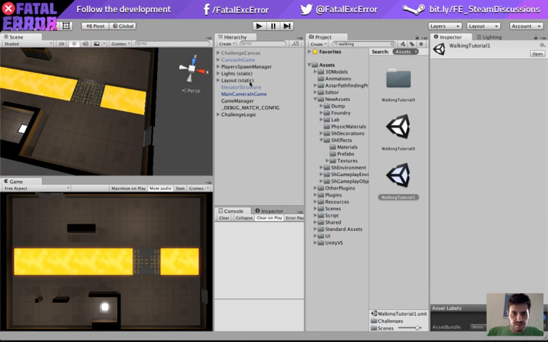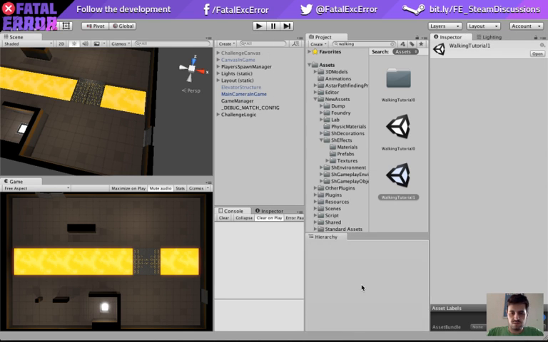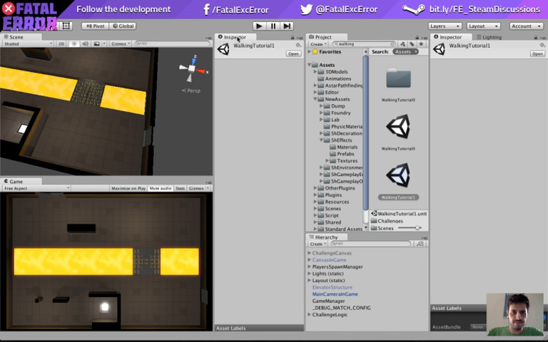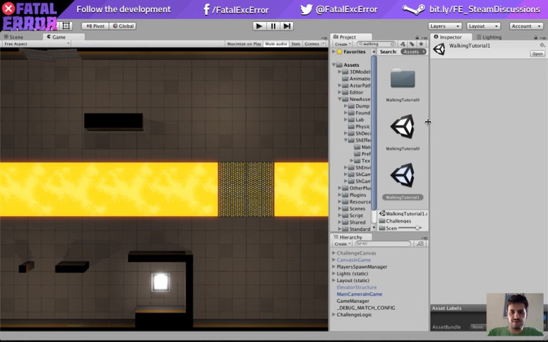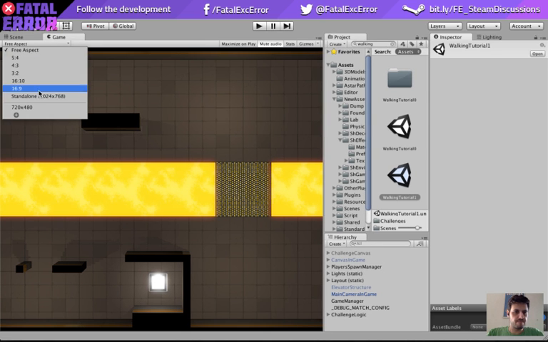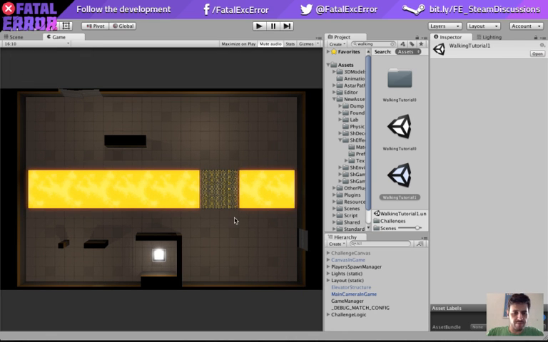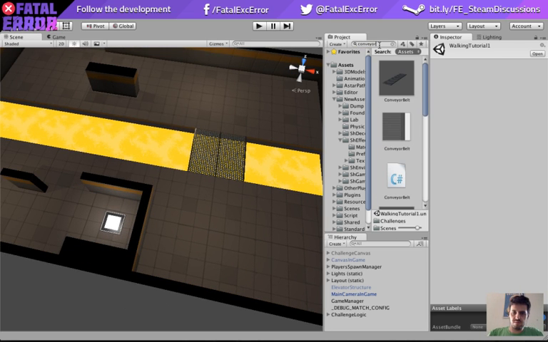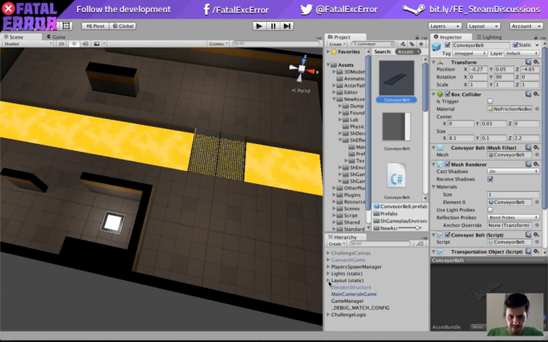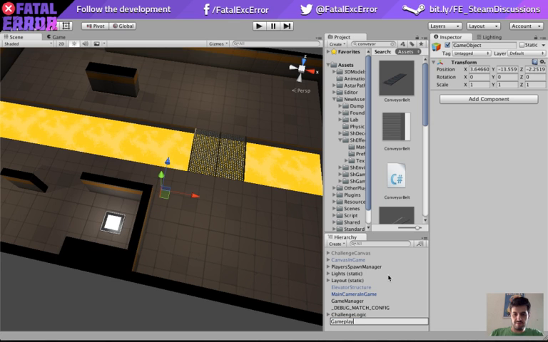And to do that, oh, I lost the layout. No. Let's quickly put everything back. Okay. So I'm gonna put some of the conveyor belts in the game. I'm gonna create another element, and I'm gonna call it gameplay objects,